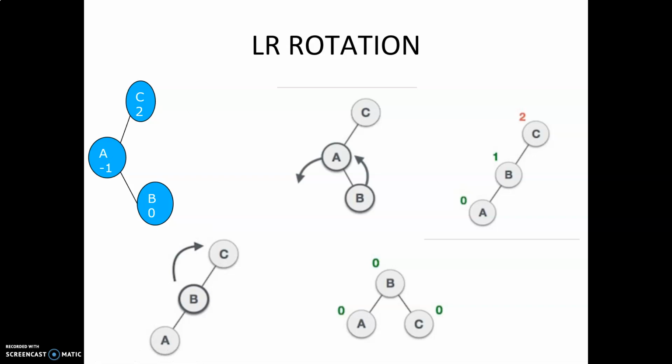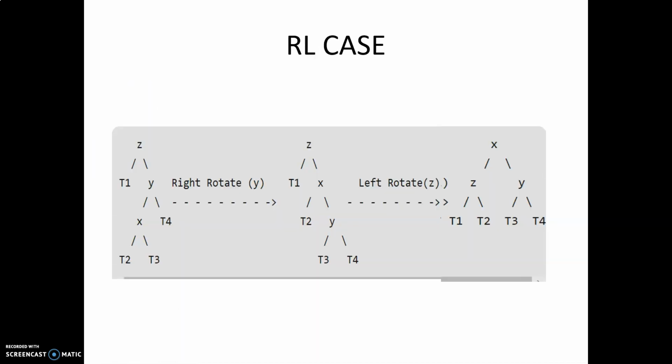Right. So in LR rotation, firstly we are going to check the unbalanced node. The unbalanced node is left heavy, so L, and the newly inserted node is towards the right side of the left subtree, so it is LR rotation. So first we identify the three nodes starting from the unbalanced node. The rotation will be around these three nodes. Firstly, we perform left rotation and then right rotation. Left rotation, this will come down and this will go up, and then right rotation, this altogether will come down. This will be more clear once we do more examples, but for now please check this carefully. Next case is the RL case.